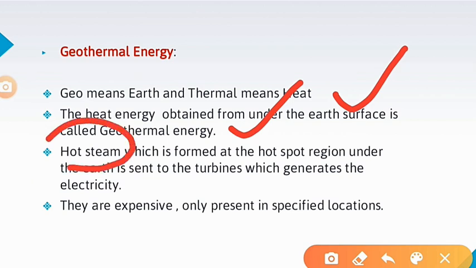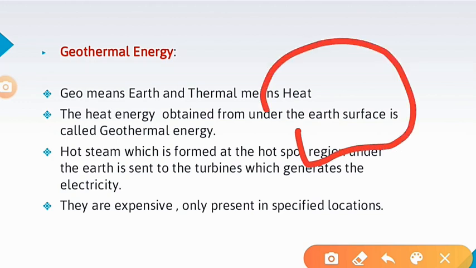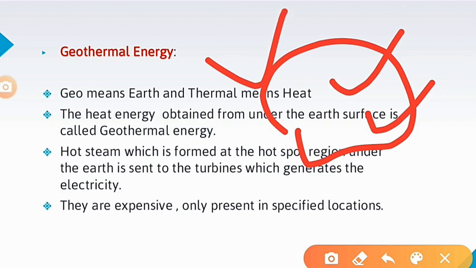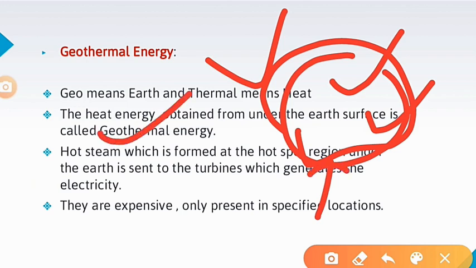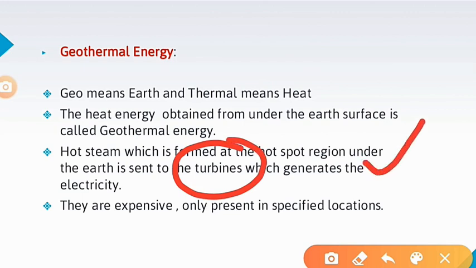Whatever hot steam is formed at the hot spot region. A hot spot region is nothing but the region where volcanic activity and hot springs are formed. In that region under the earth, hot water converts into hot steam. That steam is sent into the turbines, from where we get the electricity. In that way we will be producing